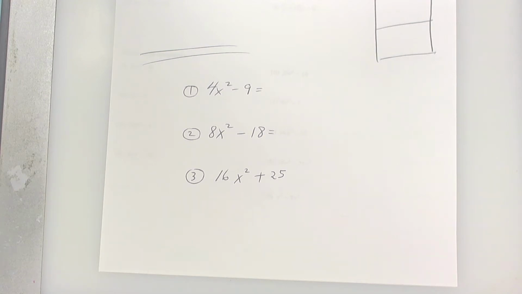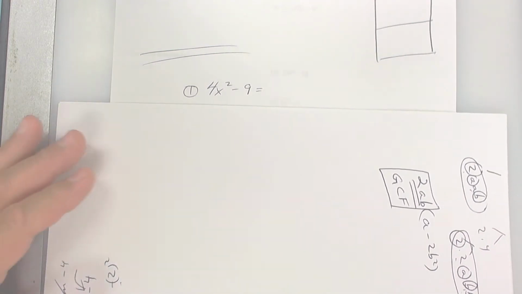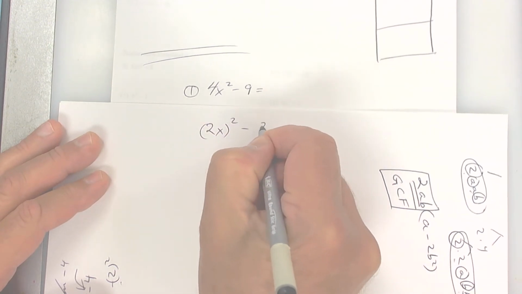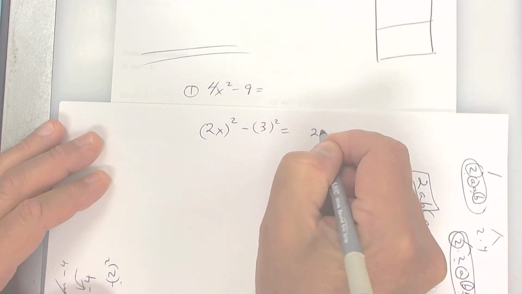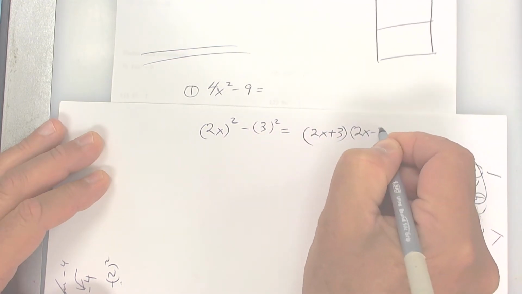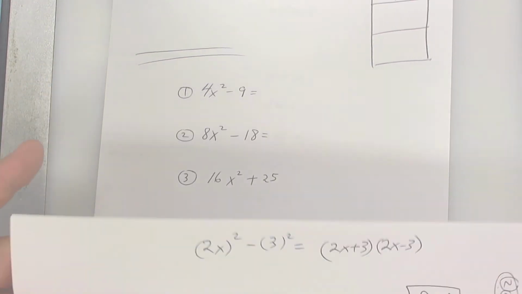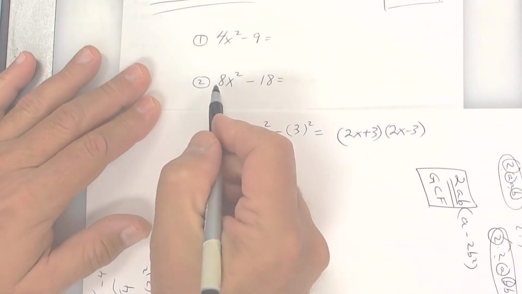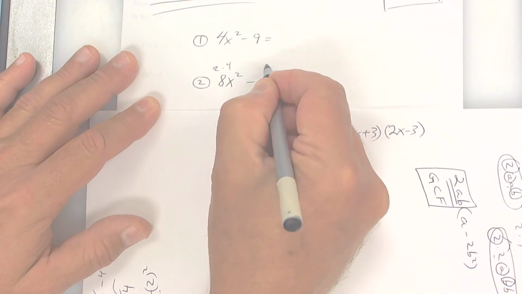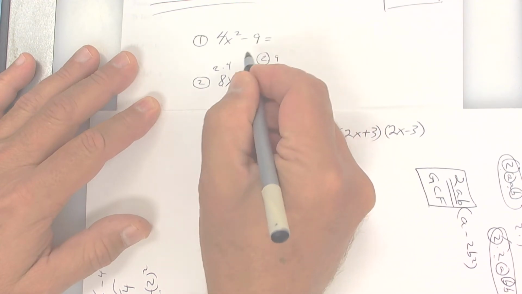Well, let's take a look here. On this one right here, this is the difference of two squares. So it's 2x squared minus 3 squared. So it's going to be 2x plus 3 and 2x minus 3. This one right here, 8 is not a perfect square, but you can take a 2 out. 2 times 4, 2 times 9. So if you take a 2 out